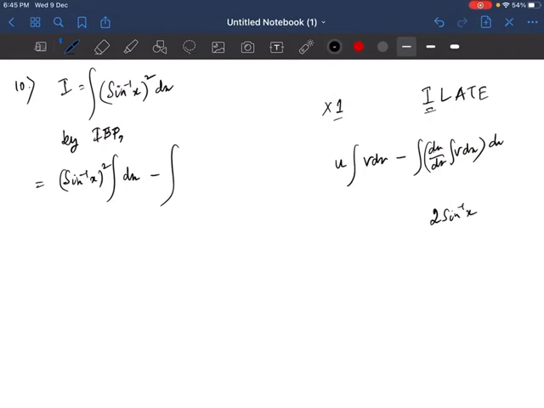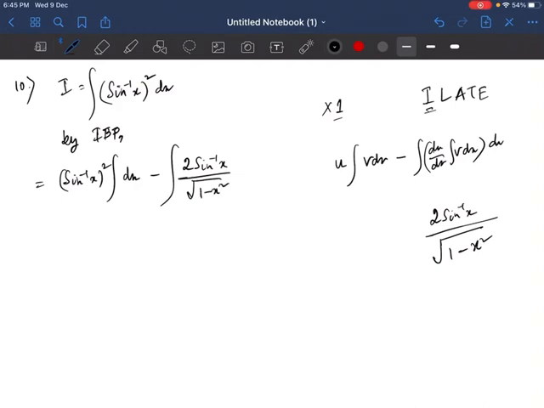It's just like differentiation of x square is 2x. So differentiation of (sine inverse x) whole square is 2 sine inverse x, then you have to do differentiation of sine inverse x, and differentiation of sine inverse x is 1 over root over 1 minus x square. So the differentiation we get is 2 sine inverse x divided by root over of 1 minus x square, and